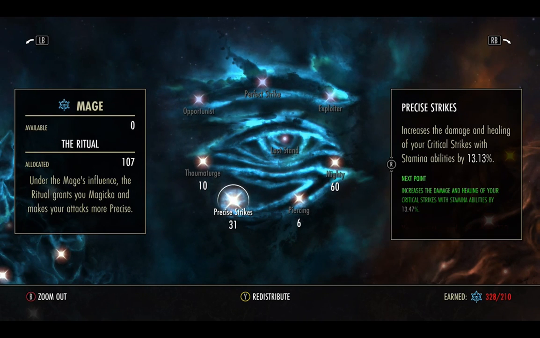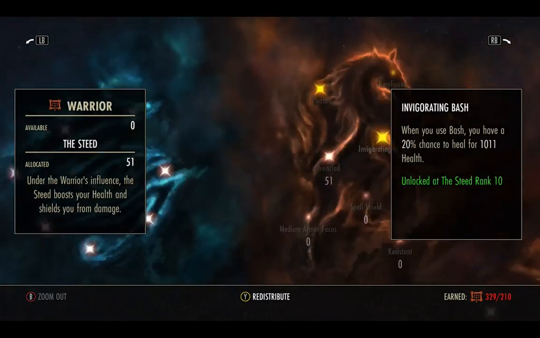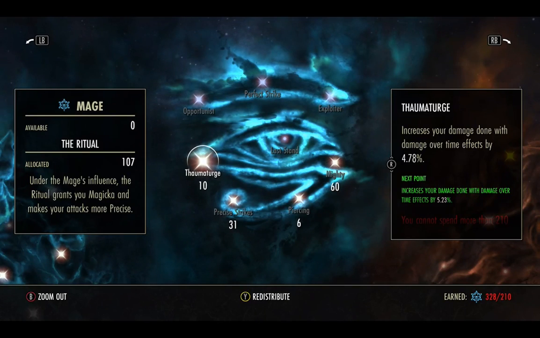31 into precise strikes. We have guaranteed crits from stealth, so that's the only reason we have it. We are a heavy armor build. We don't crit that much, but when we do crit, we want to make sure we're bumping up that damage a little bit. We have 1 damage over time effect, so I threw 10 into there. Poison Injection is our only dot, but it is a really good dot once they get below 50% health, so